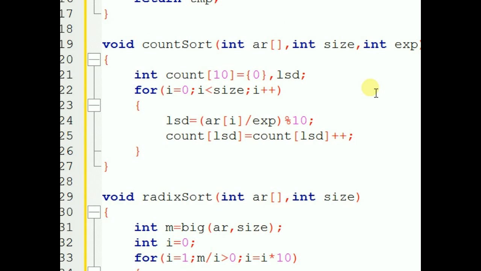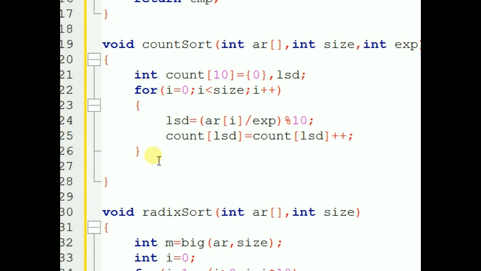Now after this array is done, if you remember from my previous tutorial, it said you would declare another array. Okay, let me write I here. We don't have to declare another array. We have to readjust this count array so that we find the number of elements less than or equal to